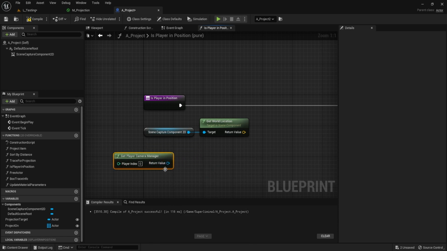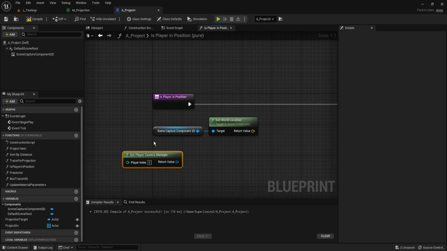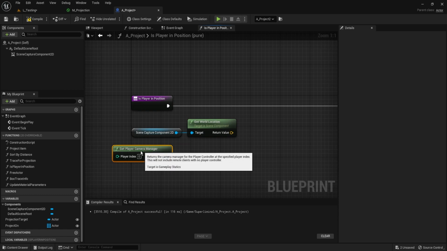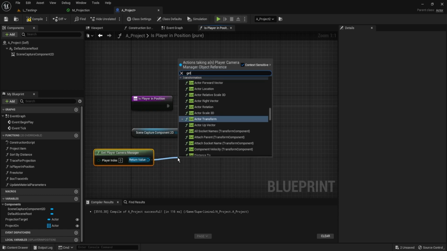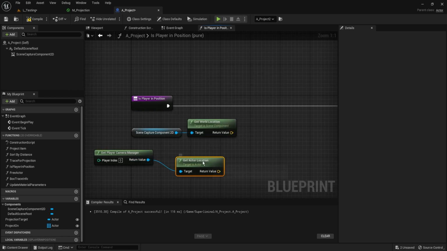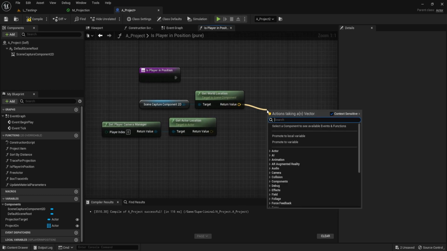So if you got the player here, as in the player character, it won't work because the player character location is in the middle, whereas we're trying to get specifically the camera. So either you get player character and get the camera from it, or you can just directly call get player camera manager. So here we're going to say get actor location,